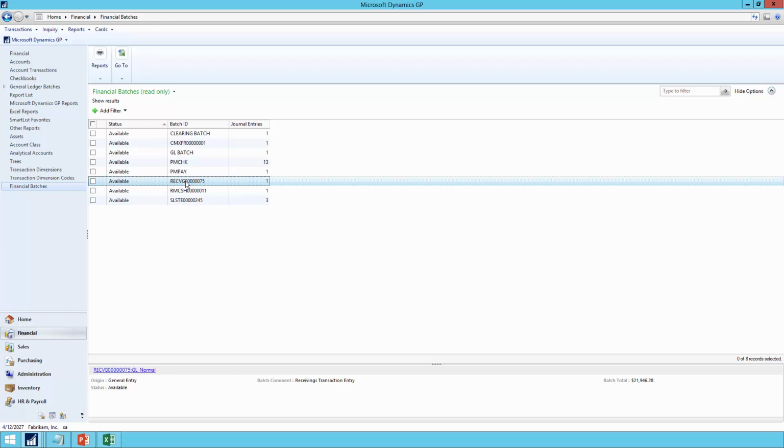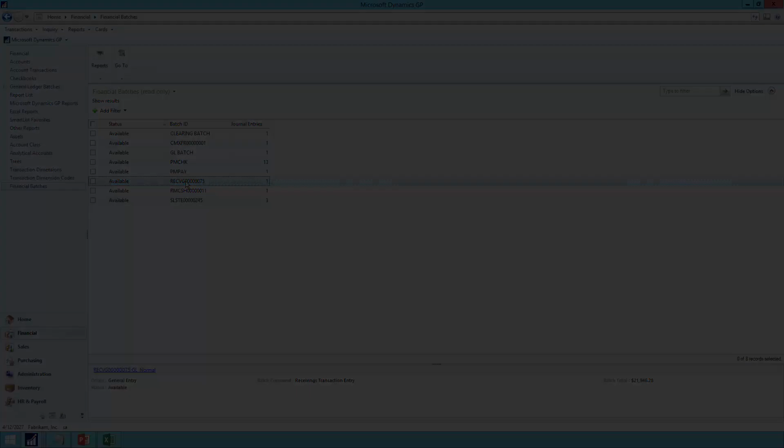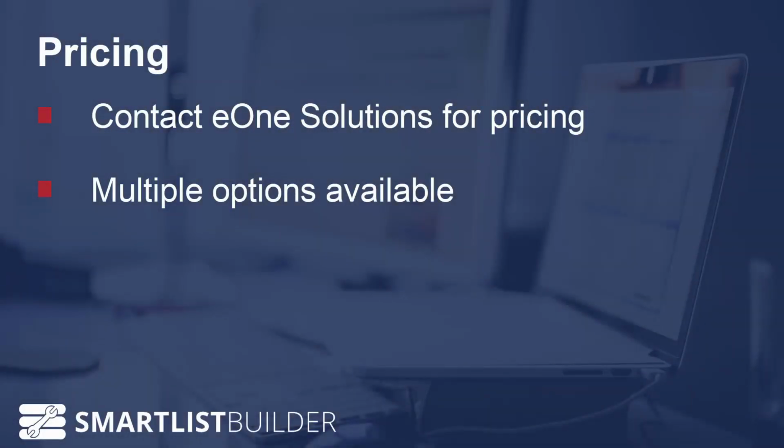Now, Navigation List Builder doesn't have any multi-company options or summary options to group the data up. Those are the main things that aren't there versus what's in SmartList Builder or Excel Report Builder. So that is a little bit about what SmartList Builder can do for you. Hopefully you saw it and can relate that back to what you might need in a SmartList, Excel report, or a navigation list there for you.